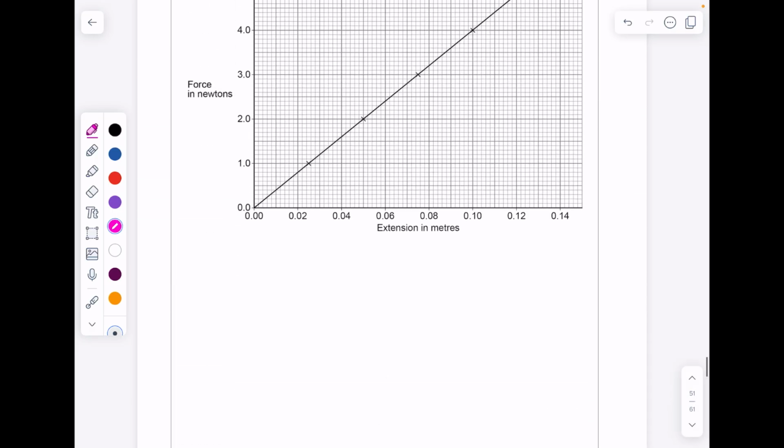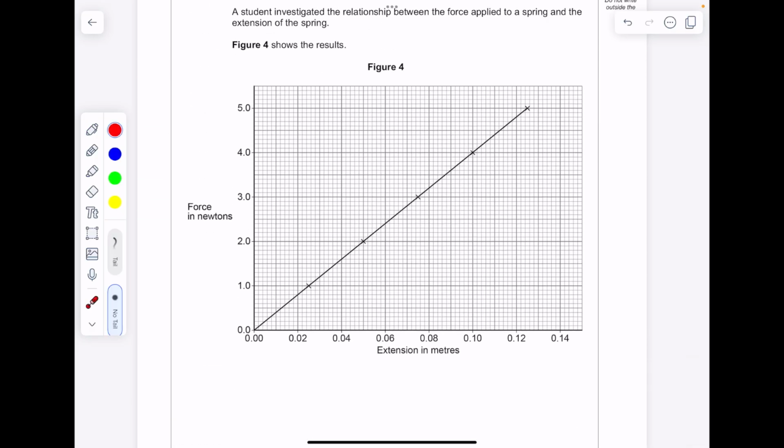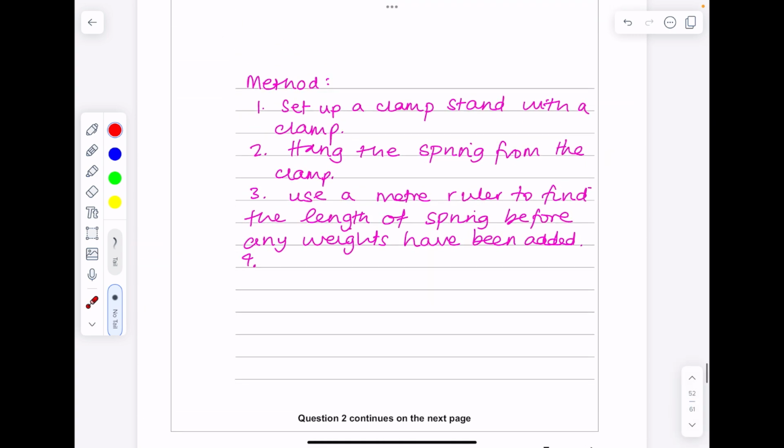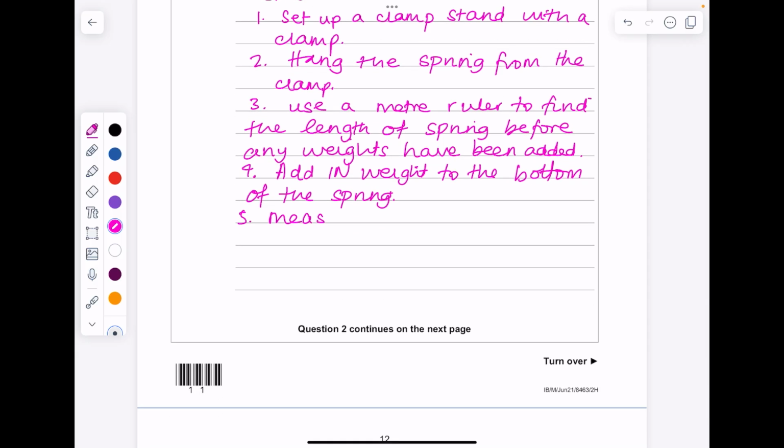Let's have a look. What weights did they add? 1 newton, 2 newtons, 3 newtons, 4 and 5. So our first weight is: add a 1 newton weight to the bottom of the spring. Measure the new